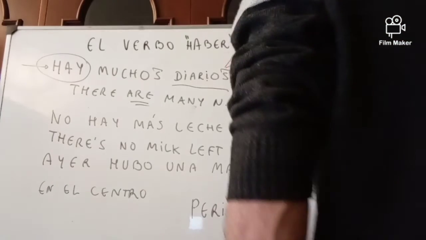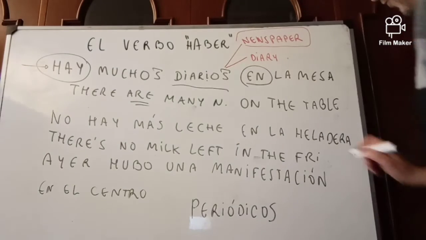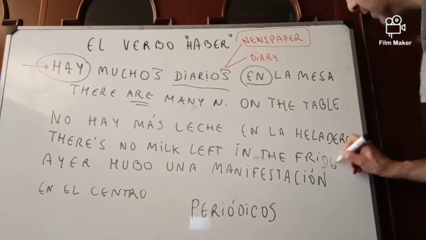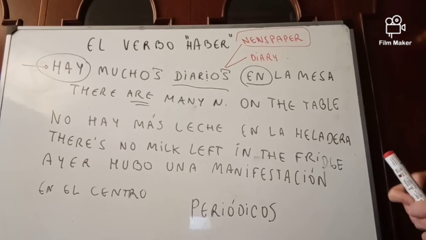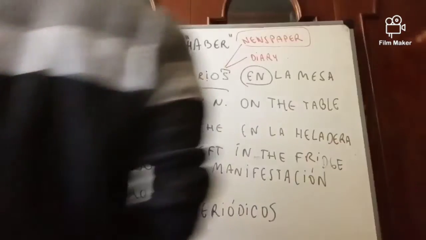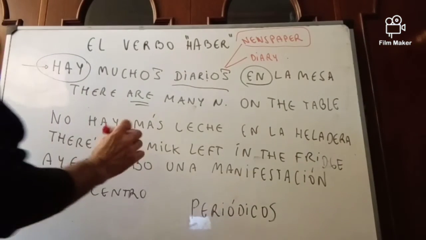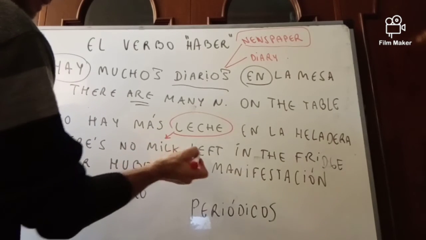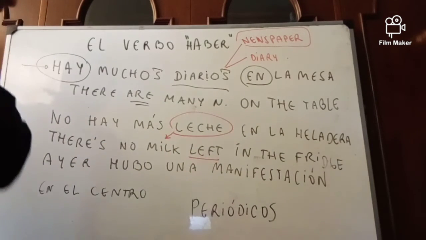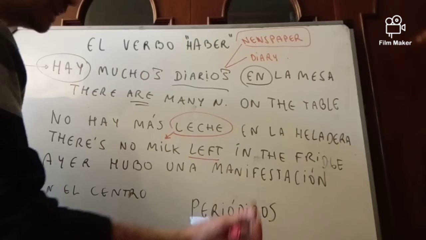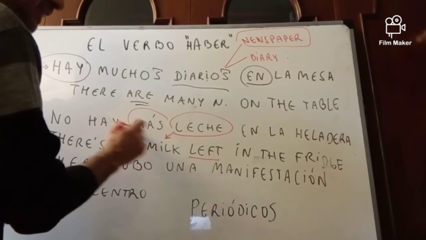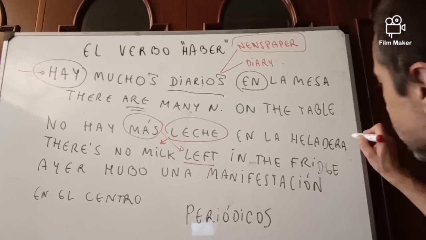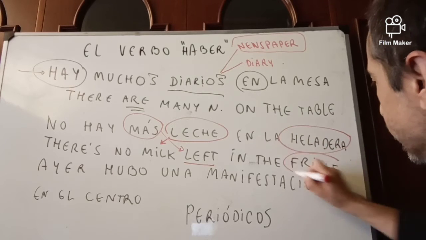So, in the fridge. So, leche is milk. Left, well, or you can say there's no more milk in the fridge, but this is the meaning. As for heladera, fridge,